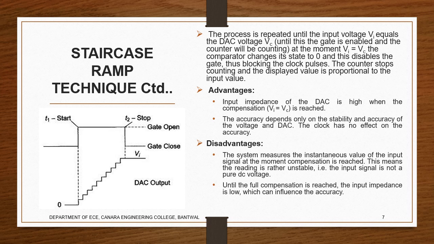What are the disadvantages here? The one problem here is that it is measuring the instantaneous value. At that instant of time, the value is compared. That is the disadvantage. Here the stabilized output is not able to be calculated. Only at that moment is the output voltage compared. As I said, Vi equals Vc, compare, measure, rise, stop, because when Vi equals Vc again it stops. Like that it will be carried out in steps.